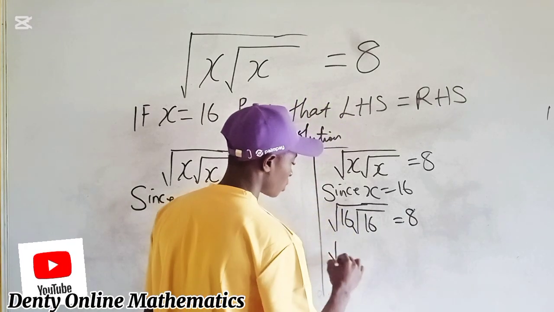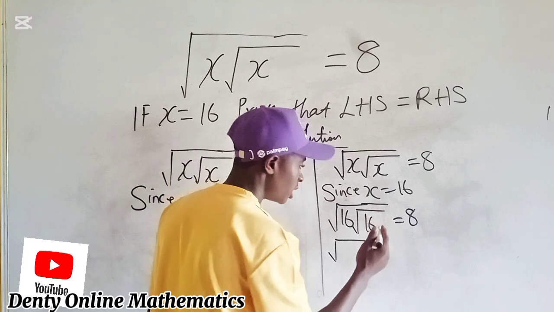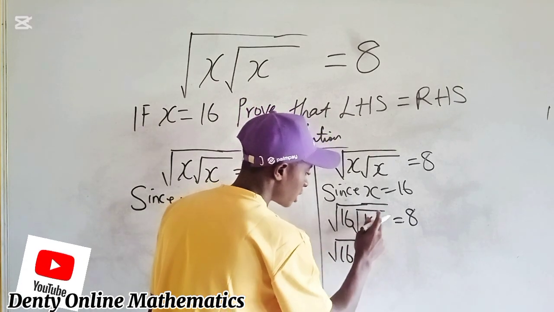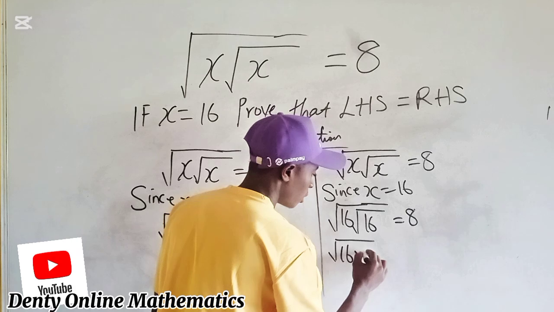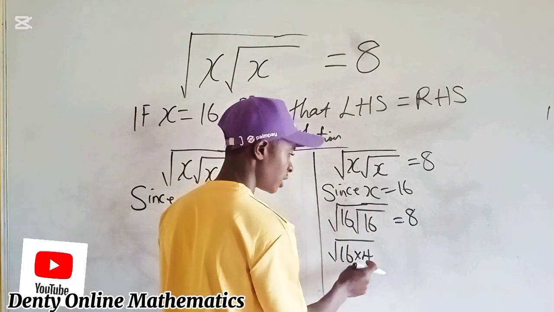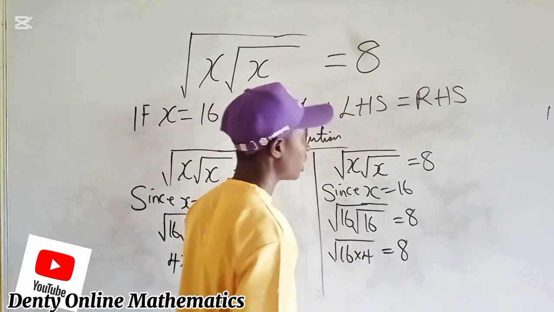Now this smaller square root, the square root of 16 here, is what? 4. The square root of 16, this inner 16, is 4, and this is the outer 16, equal to 8. Now by